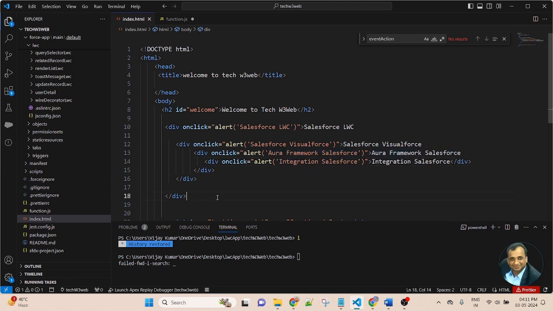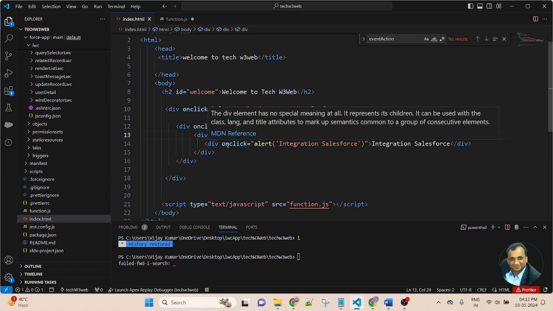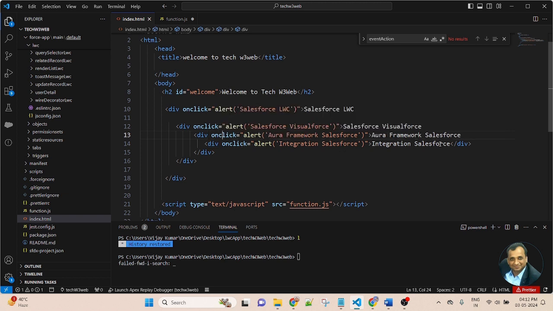So friends, here you can see first I created a div, that is the parent div. Inside the parent div, I created another div, which is a child of this, and inside that div I created another div. So this is a parent, this is a child, and inside this div I created another div, that is integration Salesforce.